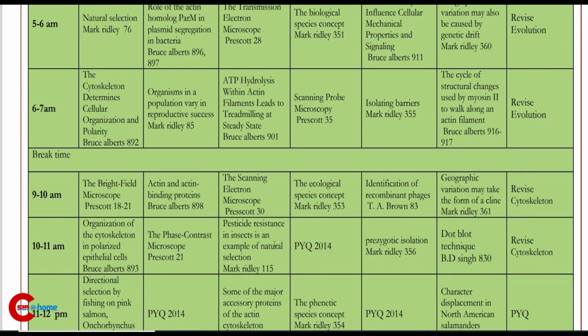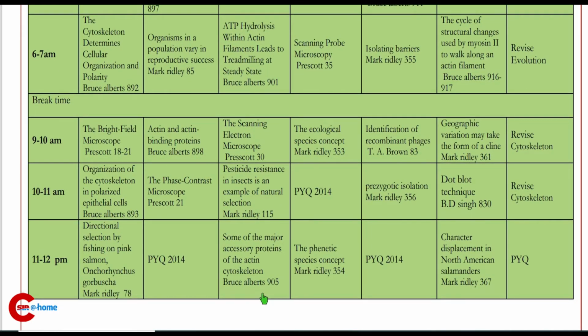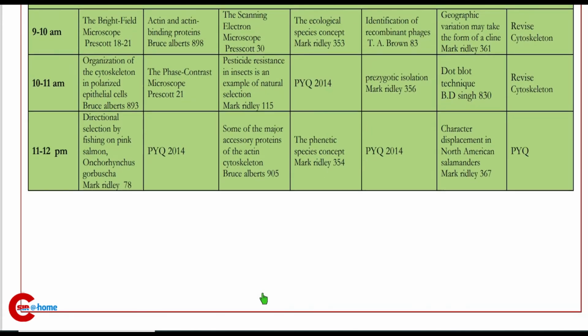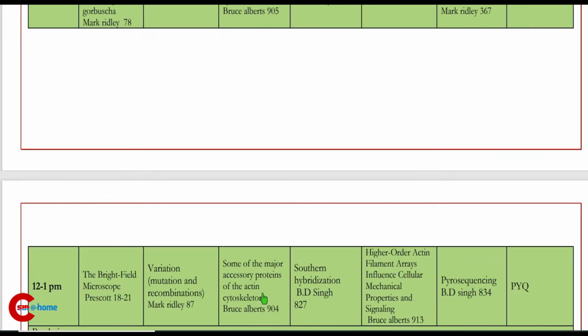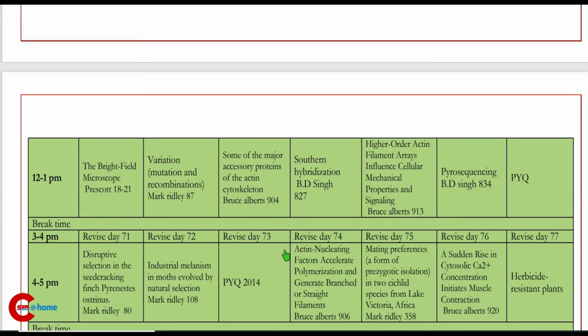Then 11 to 12 p.m., some of the major accessory proteins of actin cytoskeleton. Then 12 to 1 p.m., some of the major accessory protein, the same thing. Okay, you have to study. 3 to 4 p.m., revise day 73. Then 4 to 5 p.m.,